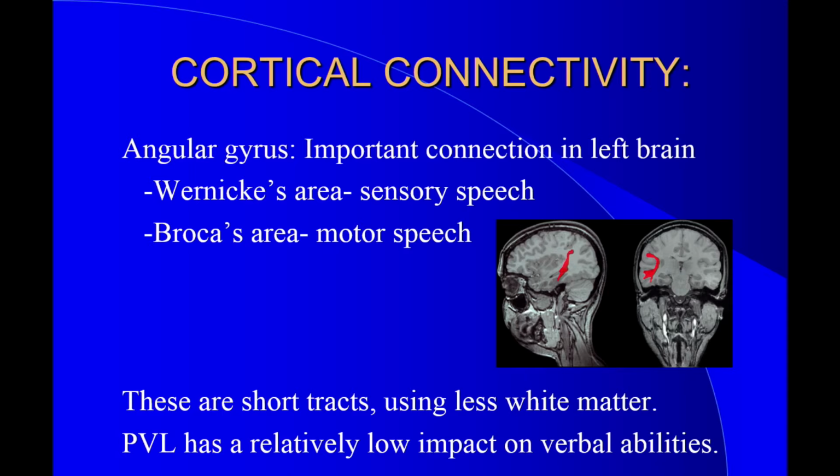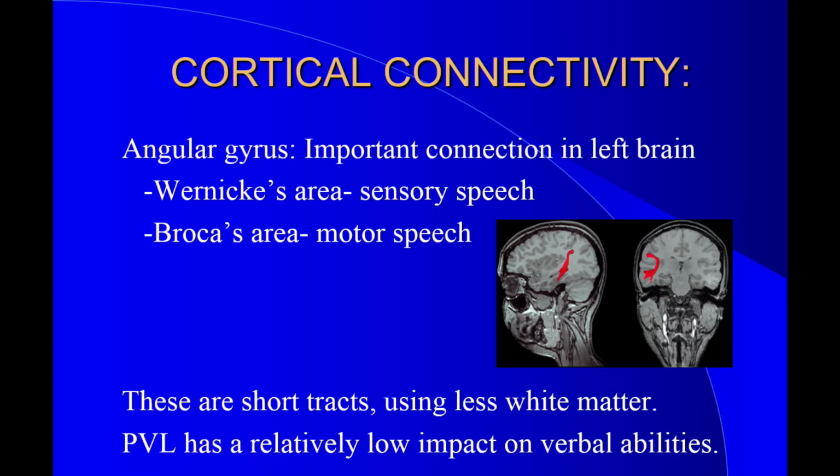And these language-dominant areas involve shorter connection tracts, is the point I was trying to illustrate. So the connection, for example, between these two huge language areas is relatively short, compact, and little. And it doesn't dive down toward the ventricle. It stays closer to the surface. So we see with periventricular leukomalacia very little interruption of speech, of communication skills, of fluency.